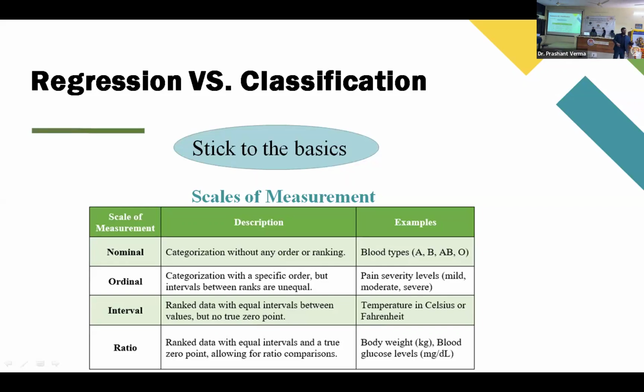So when we talk about a classification problem, the outcome variable should be on either nominal scale or ordinal scale. There is another name for these two scales: we call it categorical data. Why? Because in those variables, the values will be classes or categories. So these are nominal and ordinal. Nominal is a kind of identification, like your roll number, your customer ID, or other identification variables.